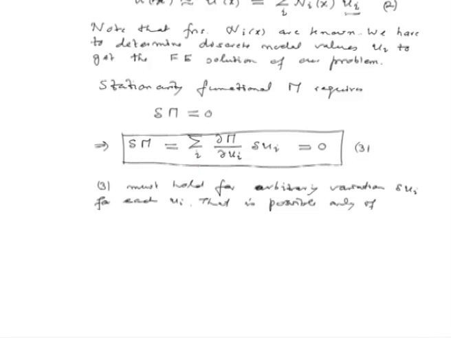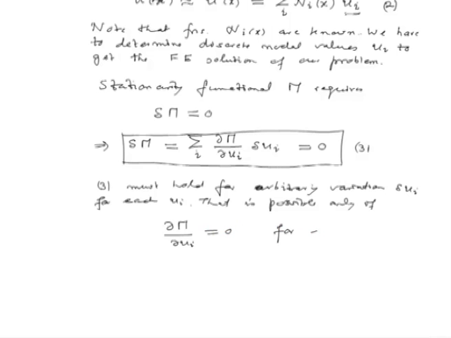Though it is possible for us to argue that there could be certain variation for certain values of I which are positive, for others negative, so we get a summation equal to 0, but that will not hold good for an arbitrary variation in each of the u I's. So, what we require is that for stationarity of the functional for arbitrary variations in u I, these derivatives del pi over del u I should be 0